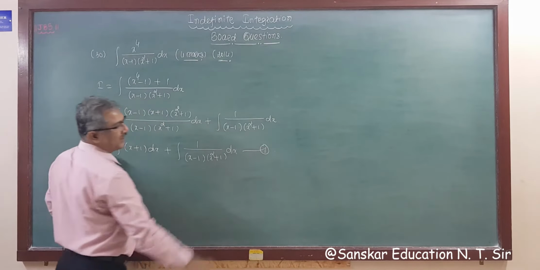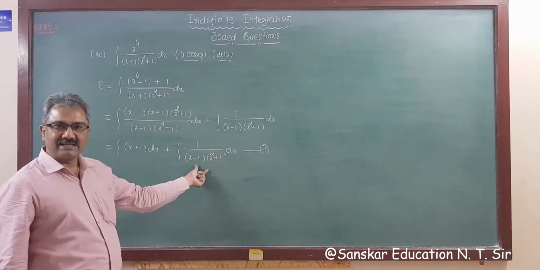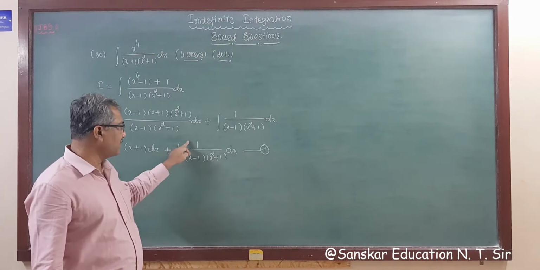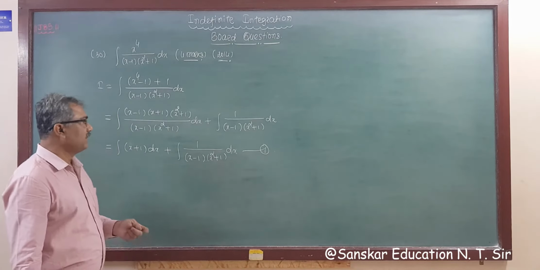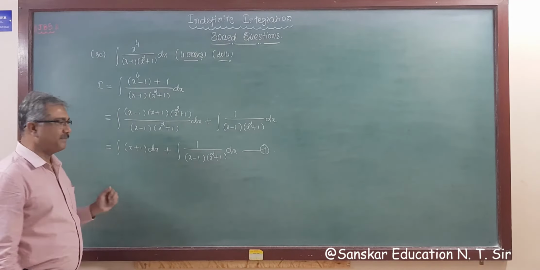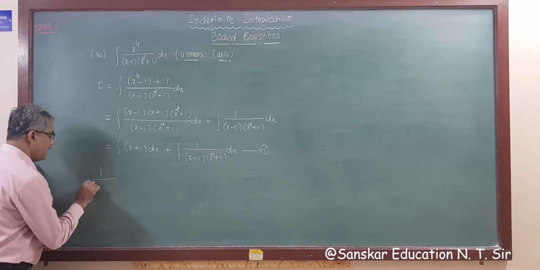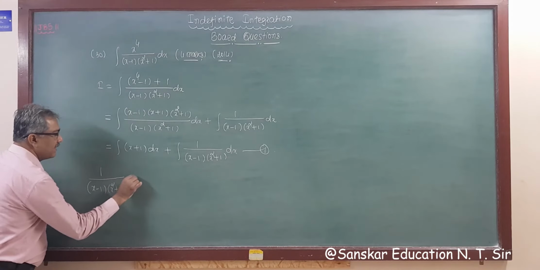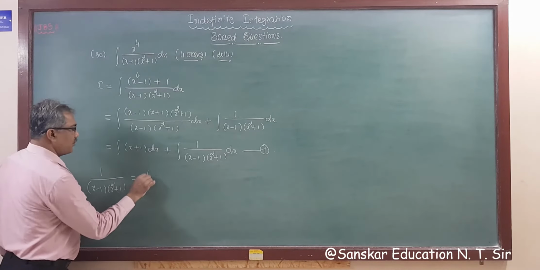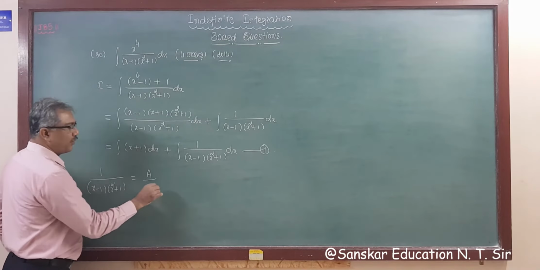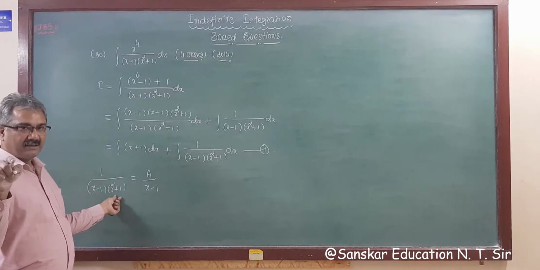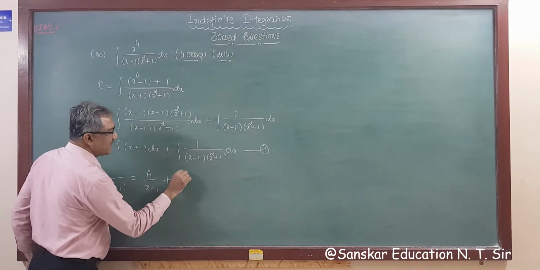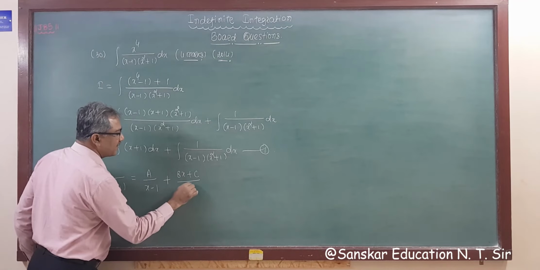See result number 1. And now here we have to apply partial fraction method, because this is linear, this is quadratic, and you are not able to write a direct answer from here. So applying partial fraction method. So 1 upon x minus 1, x square plus 1 is equal to, for 1 linear factor, constant upon linear factor, and for quadratic factor it will always be expressed as bx plus c, right? So this is bx plus c whole upon quadratic factor.